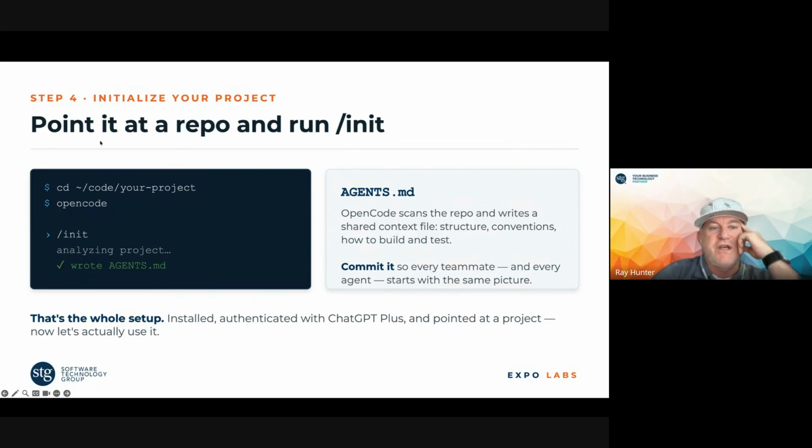So if you have a project checked out, just run OpenCode, run the command /init, and it will write an agents file. OpenCode uses the agents file. It basically will set it up for your project, an agents file that you can go and look at. It has key information for the context, like your structure, conventions that it finds, how to build, how to test it. It will analyze and look at your entire project and set that up. It's a great tool. After that, you can go in and tweak your agents file to whatever you want it to do at that point.